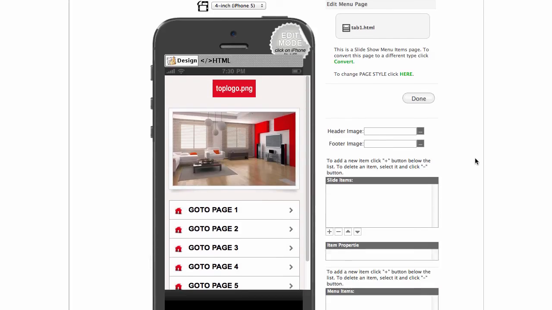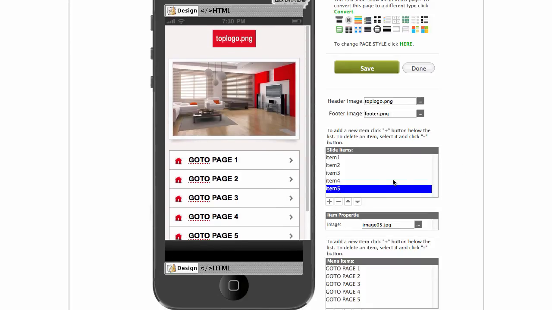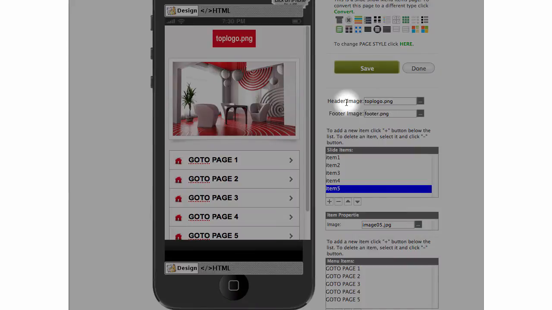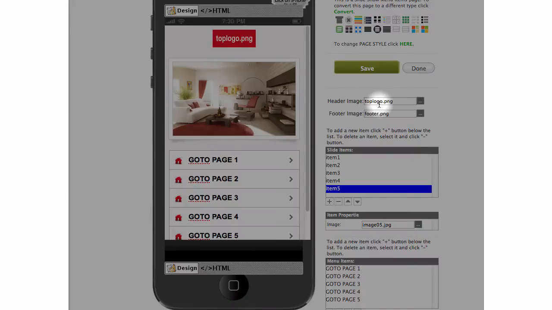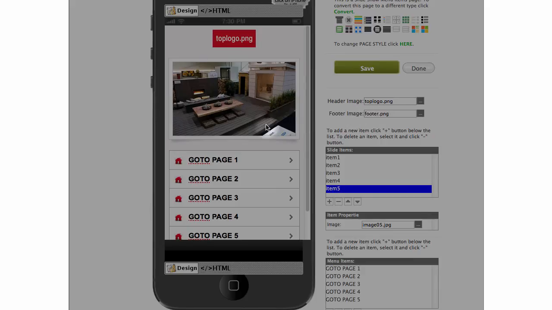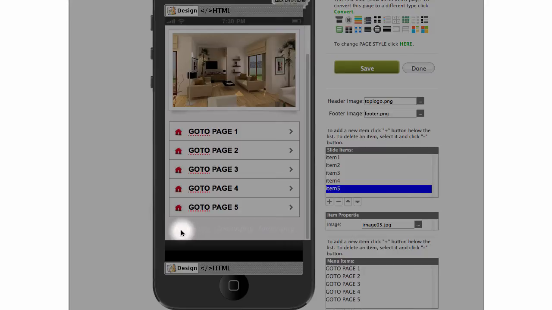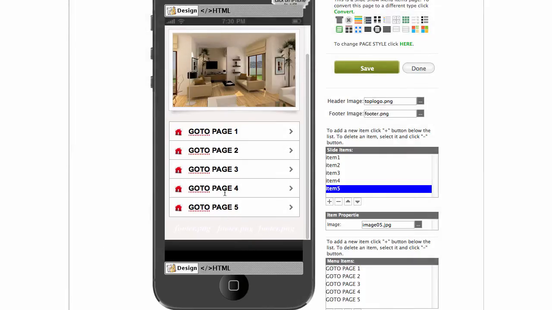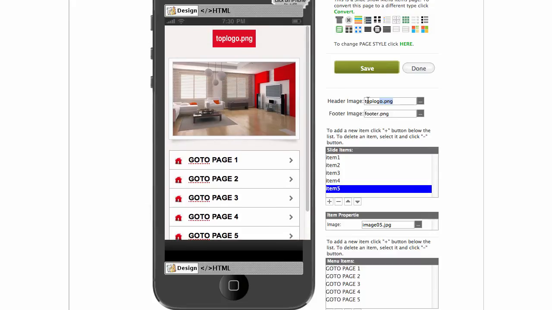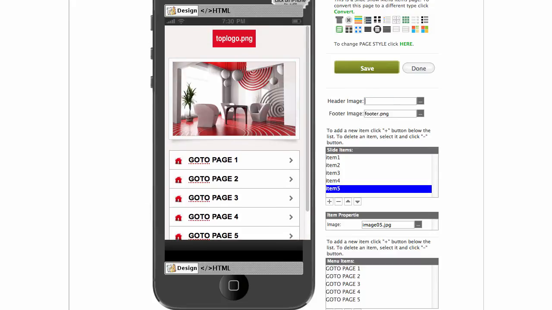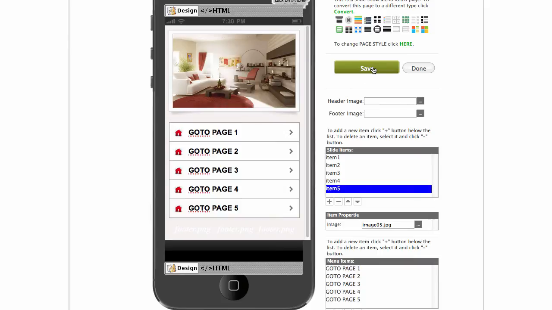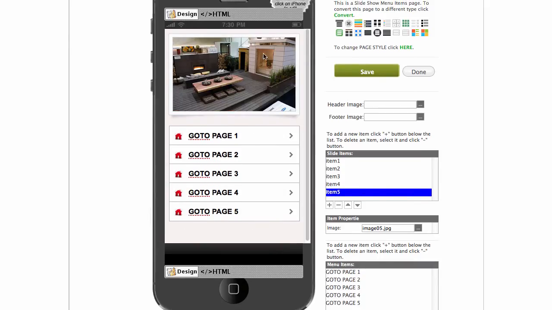Okay, so what we can do in here, obviously, is change the header image, which is this one. Footer, it's not very visible, but it is here. You can get rid of all of those if you like by selecting and delete. Click save, and all that's left is slideshow